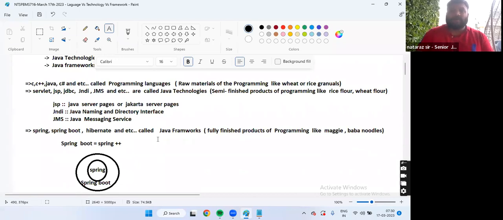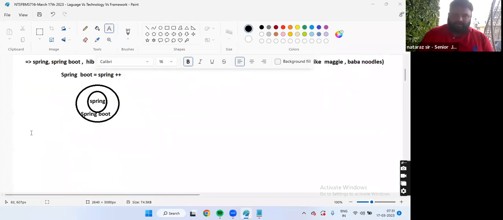Washing clothes using a semi-automated washing machine is like working with a framework like Spring. Understanding my statement? Washing clothes with a fully automated washing machine is like working with Spring Boot. Yes or no? I hope you got the clarity.